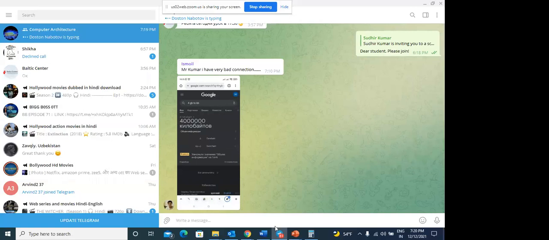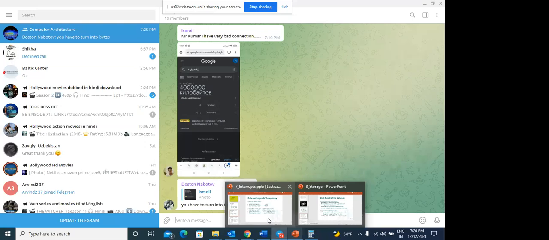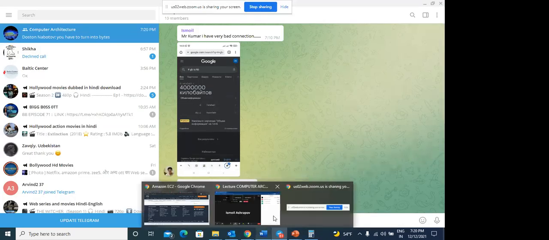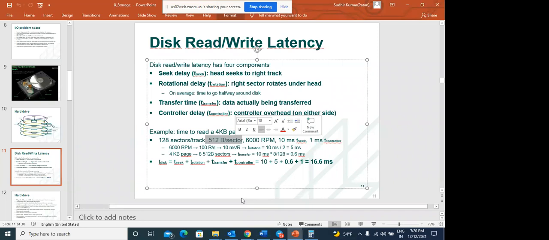Okay, and so you are asking whether we need to divide by... yeah, you need to divide it by 512. 512 byte per sector, since that is the size given. You need to divide it.